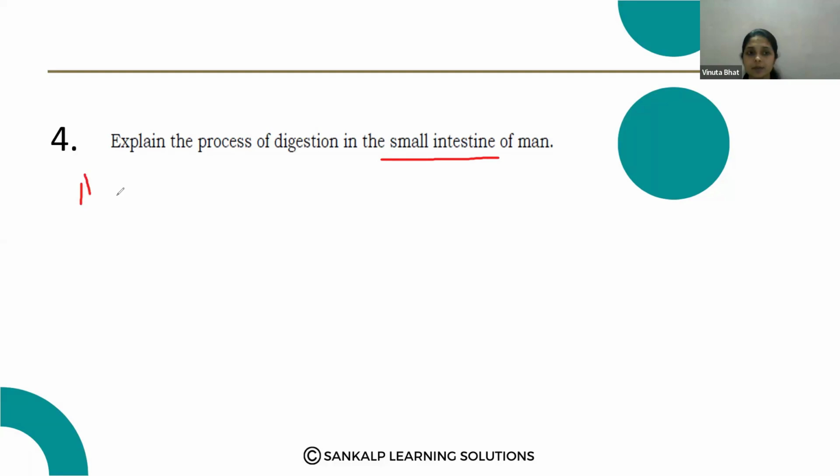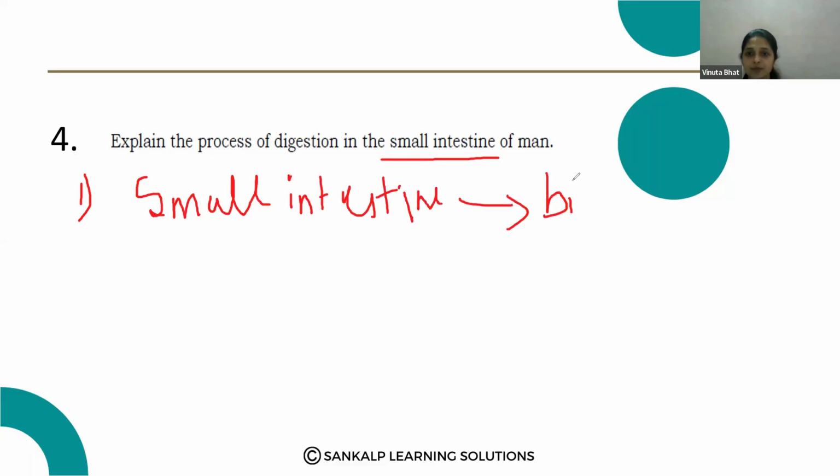In the first step, the small intestine receives the bile juice, which is secreted from the liver, and this bile juice enters the small intestine through the bile duct, and acts on the